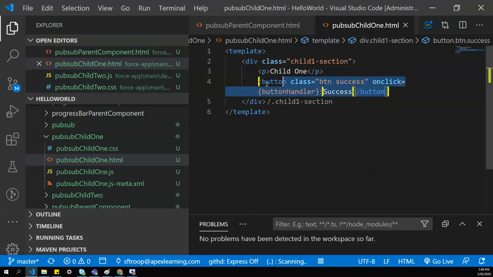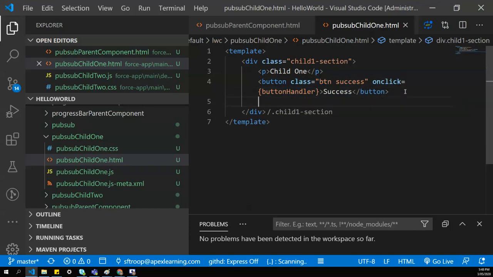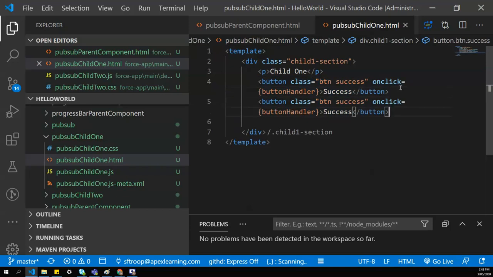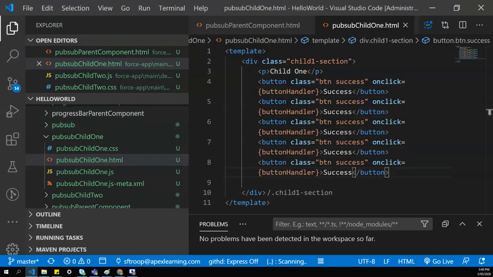Likewise, we'll create many buttons on the screen of different types. Copy the whole text and paste it 4 times. So our second button name is info, which has the class info.